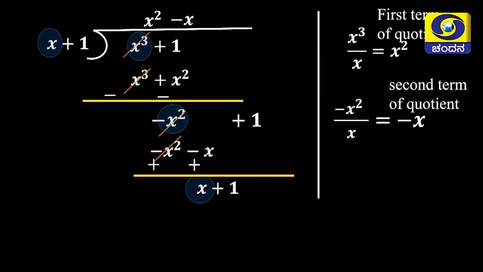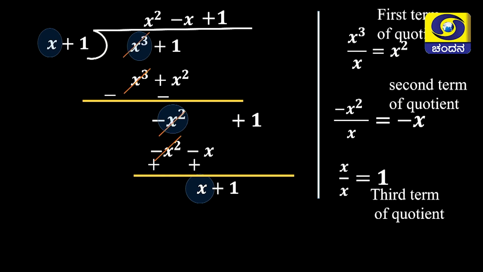Again now we are dividing x by x, so you will get the answer 1. That will be the third term of the quotient. So we multiply the third term of the quotient by x plus 1. Again in the same way, if you change the sign, the answer will be 0. Plus x minus x, plus 1 minus 1 is equal to 0. We got the answer 0 as the remainder. Okay. Now this is the process of division of polynomials.